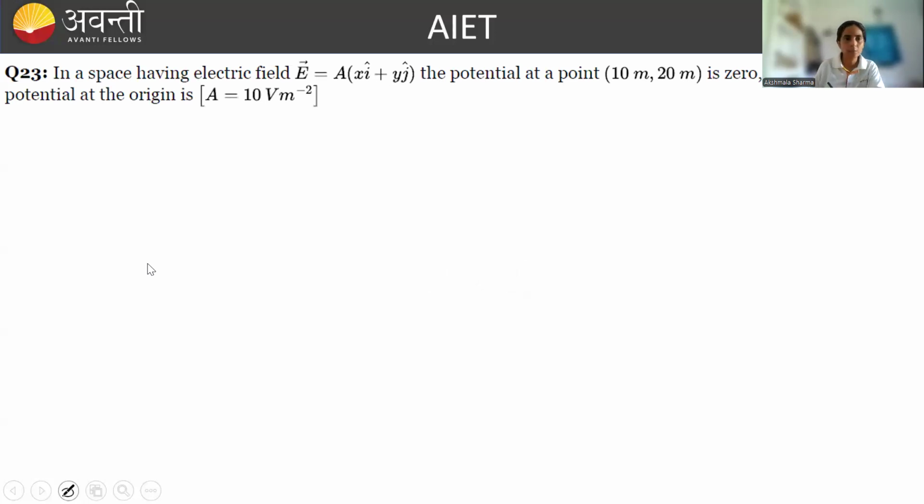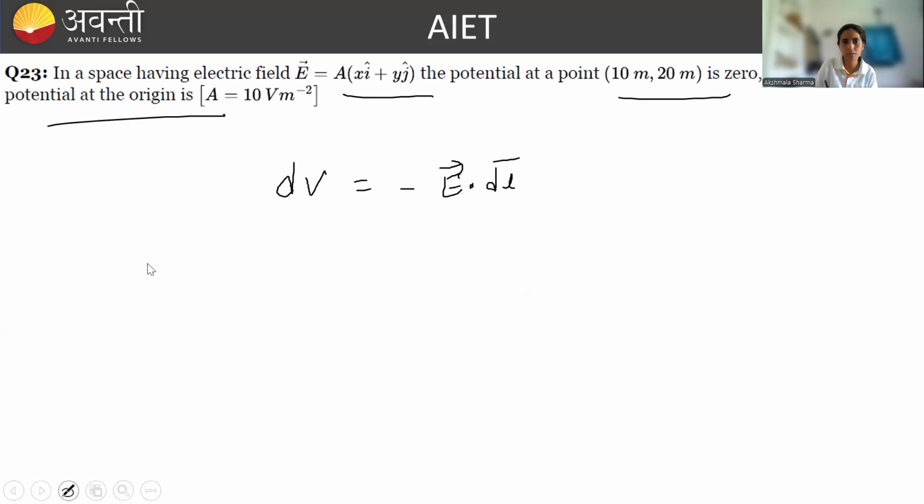Now, in a space having electric field E equal to this, the potential at the point 10 meter, 20 meter is 0. Then what is the potential at the origin? Done. So recently in the class I taught you there is a relation between potential difference and electric field, and that is written as dV equal to -E dot dl. This is this, right? So here dV you can write as -E. What is the value of E? A x i cap plus y j cap, dot dx i cap